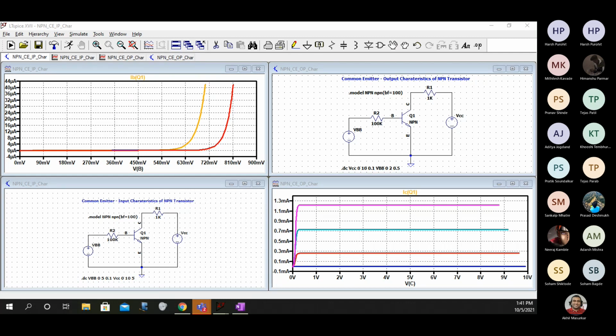Sir, 0 to 5 in steps of how many? Sorry, I didn't get you. See, the command should be this way. The .dc commands are there in front of us here. This is for the input, this is for the output.